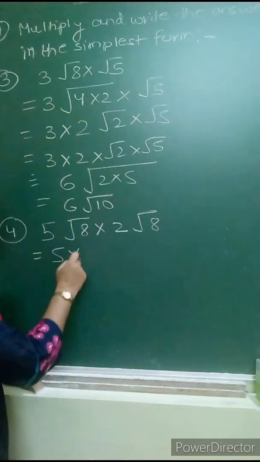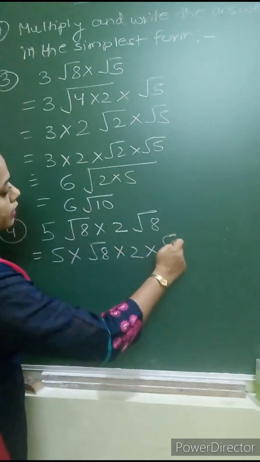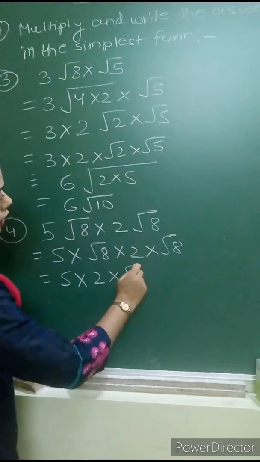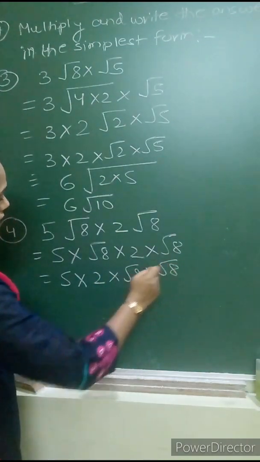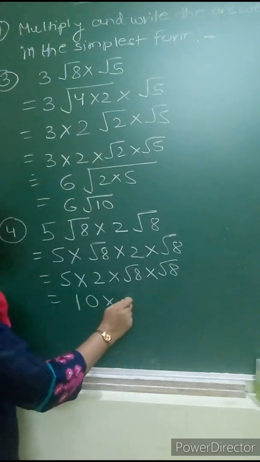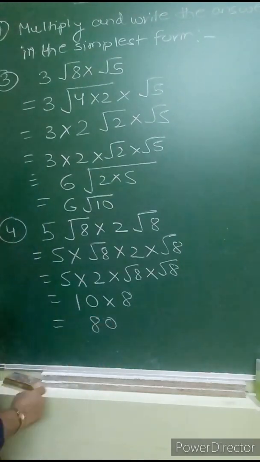So I am keeping it like this: 5 into square root of 8, first I am writing this separately, and then I am writing it this way, under root 8 into under root 8 here. So I am getting 10 into, you know that square root of 8 multiplied by square root of 8 gives you 8. So 10 into 8 is what? 80. So 80 is the final answer. So this is how you can multiply the given surds. So we have completed our question number 7 of